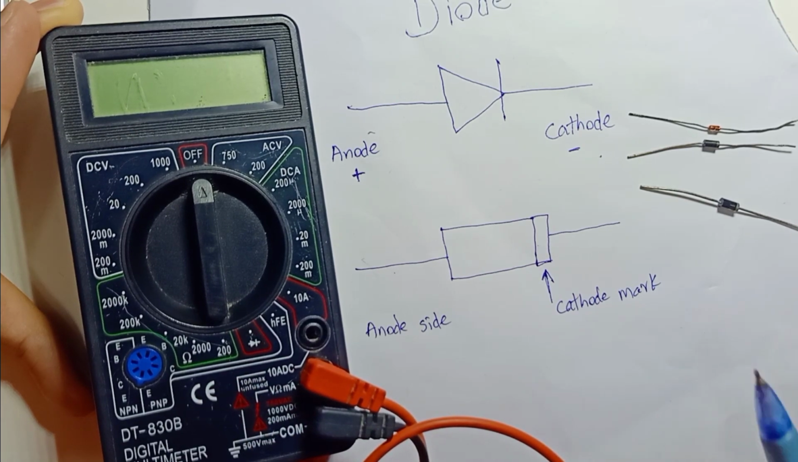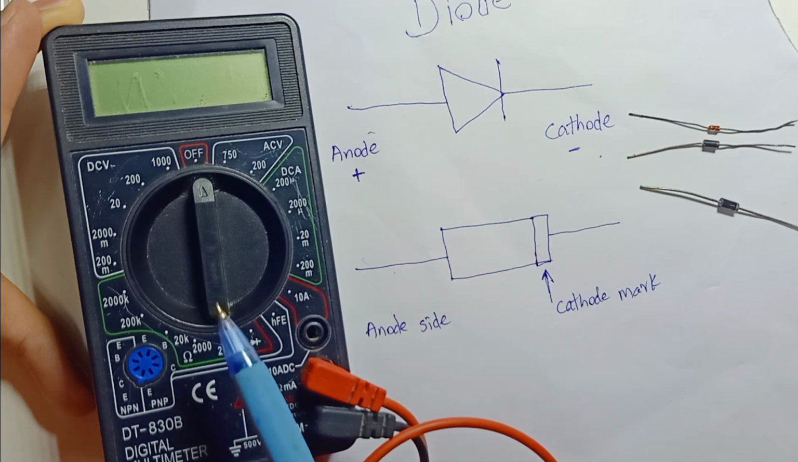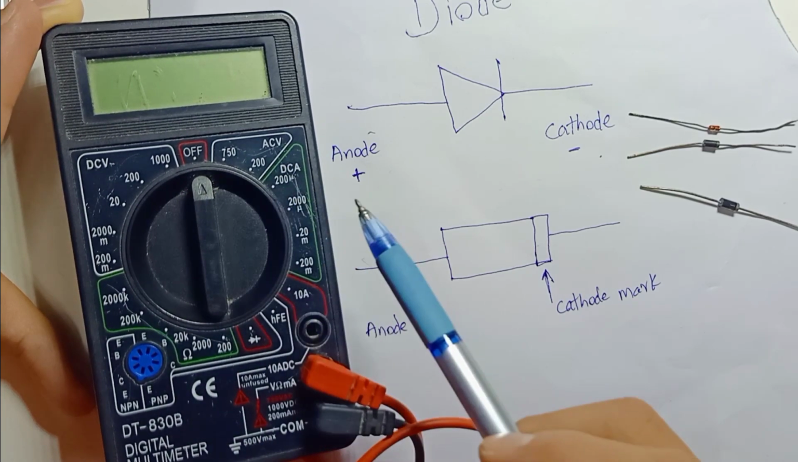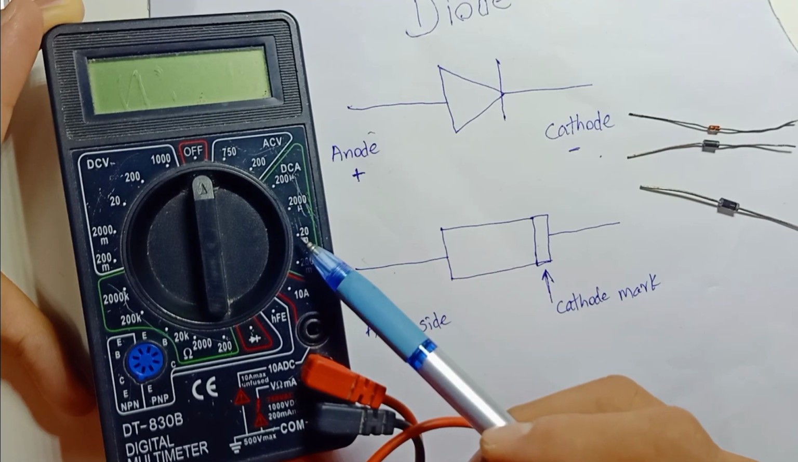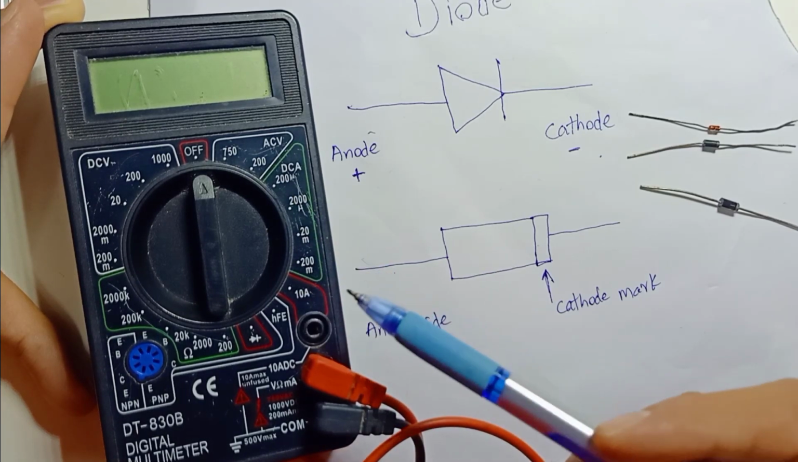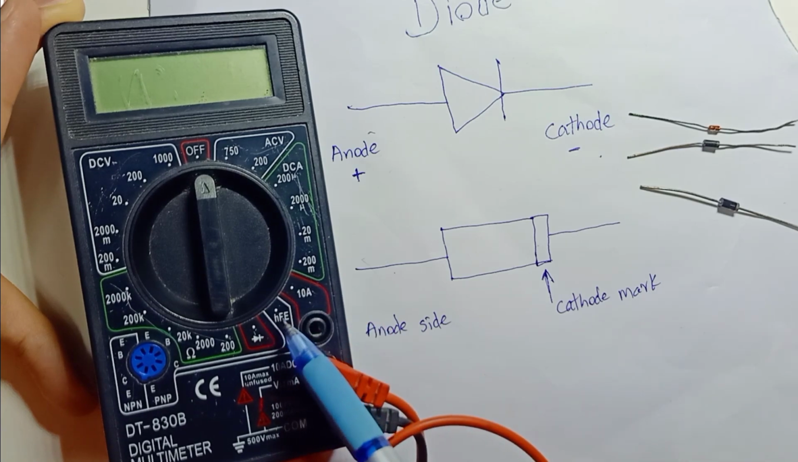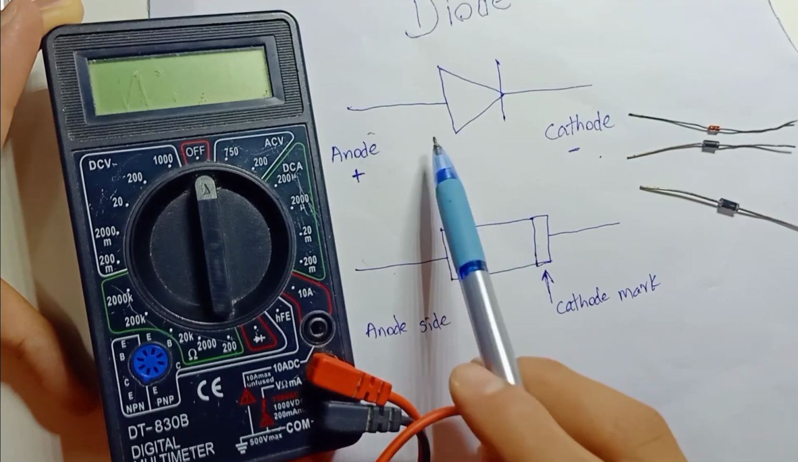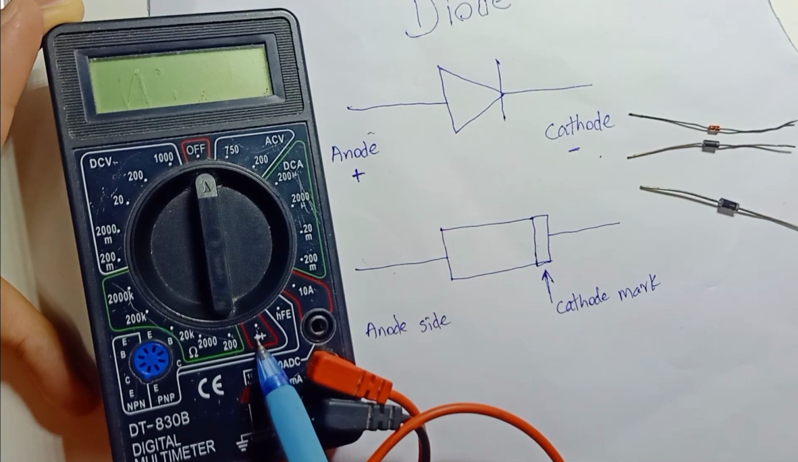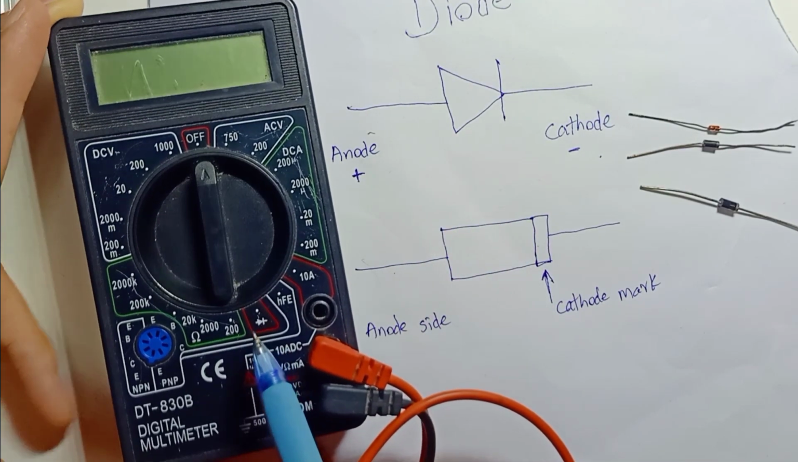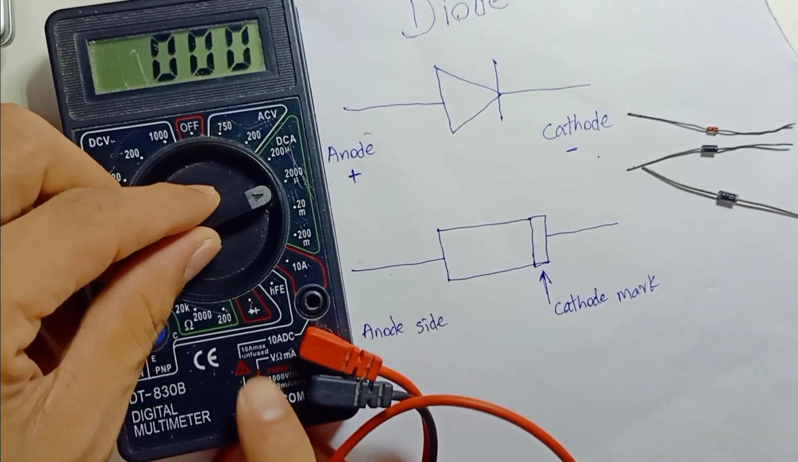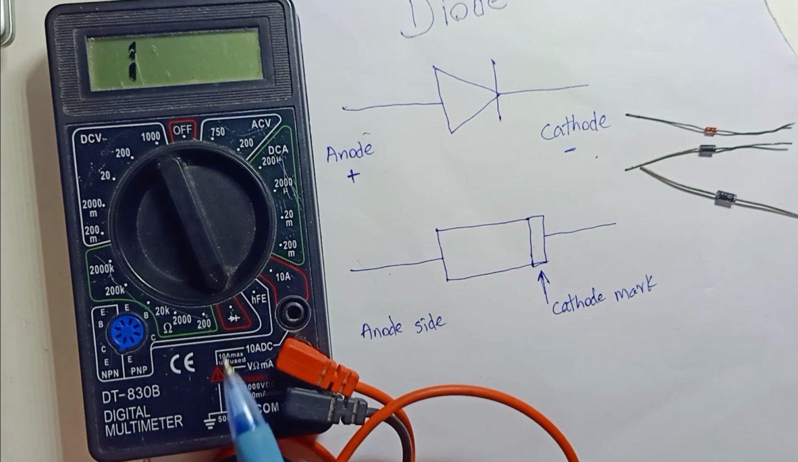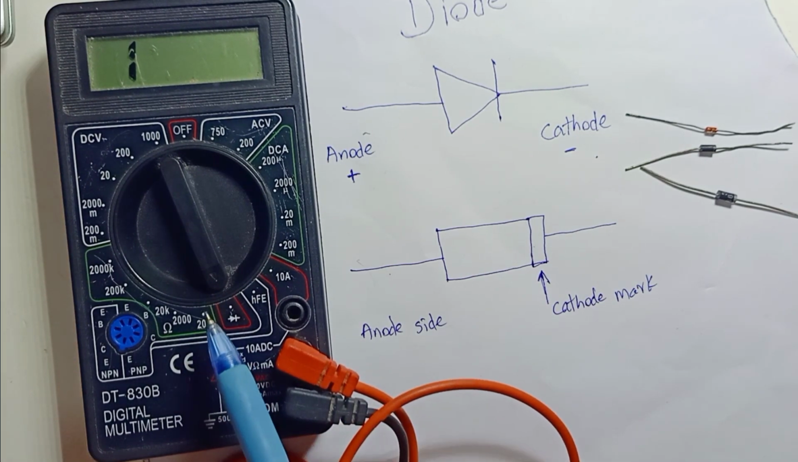Here, we have to look for the diode symbol. Here is DC voltage, here is AC voltage, this is DC ampere, this is for the transistor, and this is for the diode. So this is the diode symbol, and this multimeter can test the diode. We have to select diode. This is the diode testing mode. Once you have selected it,